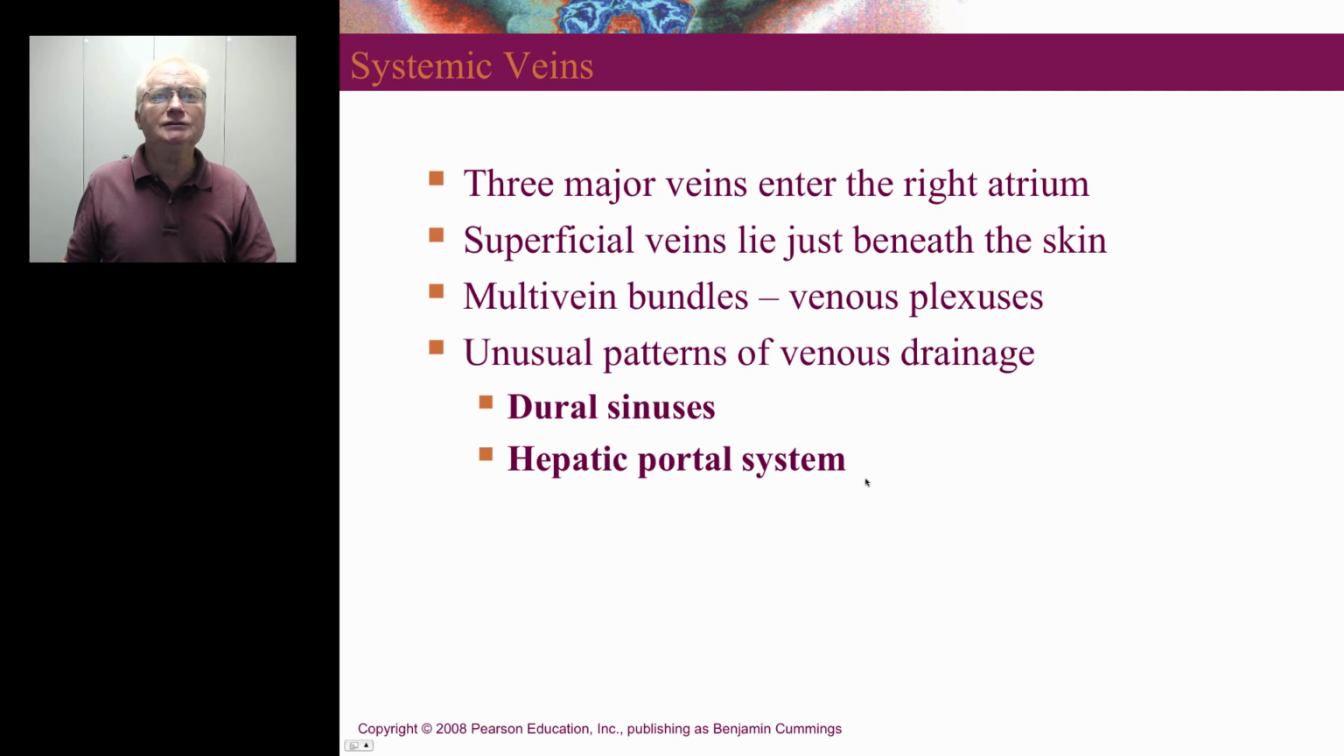All right. We can skip this. Systemic veins. In addition to the major named veins, which enter the right atrium, there are lots of anastomosing veins or venous plexuses. And then there are unusual patterns. One of them I already mentioned, dural venous sinuses. The superior sagittal sinus and transverse sinuses are formed by dura mater that split and drain the central nervous system itself. And then there are a half a dozen places that have what we call a portal system, which are